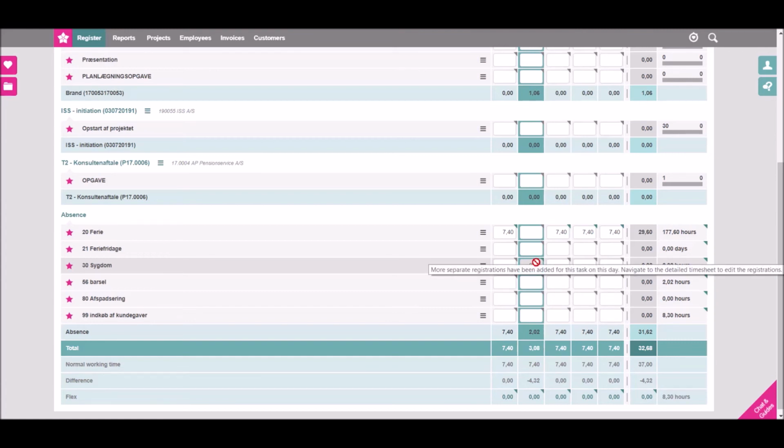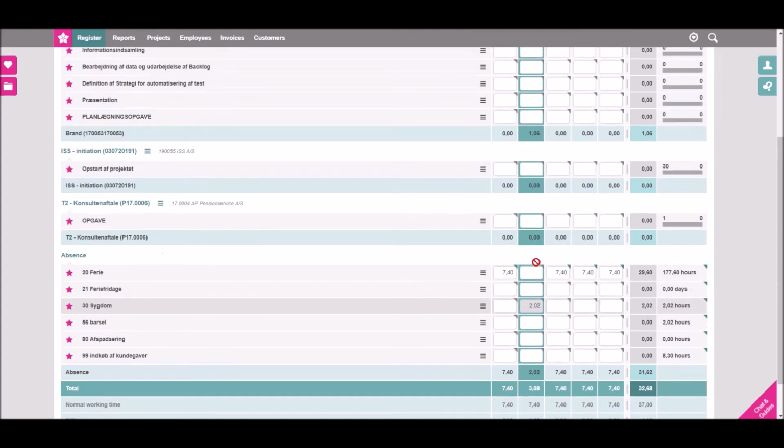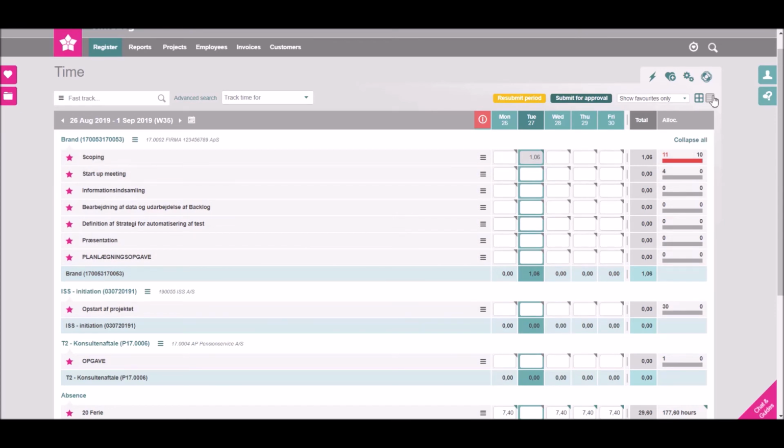So to be able to watch what has been registered on this, I will have to go to this detailed timesheets. So let's do that,